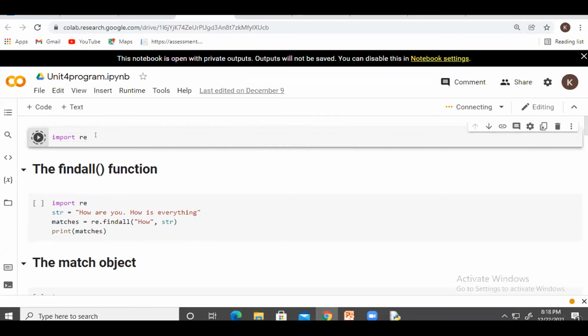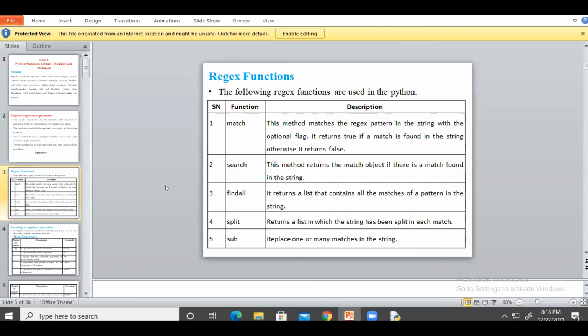Okay. So here, first of all I will execute the import re module. re is the regular expression module. After successful execution of the re module, we will see the different operations in it. That is findall. Suppose we want to find all the elements present in our pattern. The findall operation returns a list that contains all the matches of the pattern in the given string.